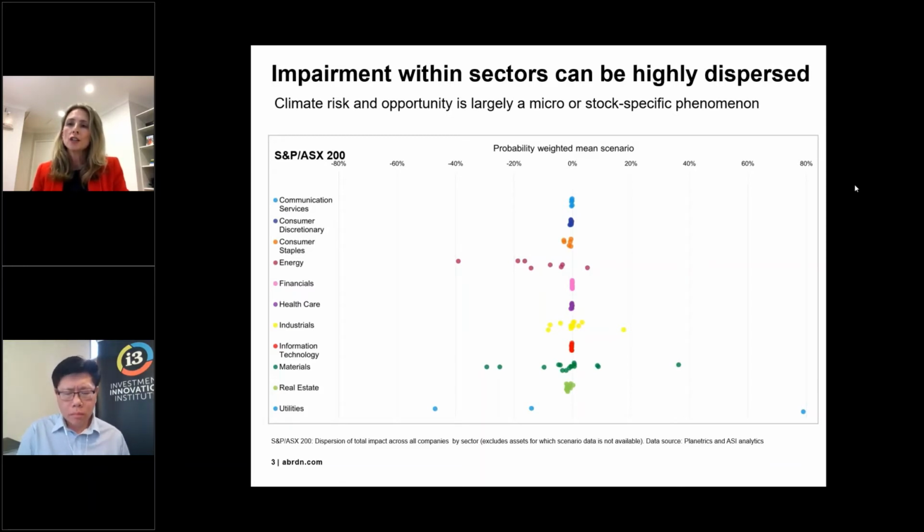So energy is certainly a sector where there is material risk across all realistic and plausible scenarios. And it's the same in the utilities sector, where there are nuances depending on whether you're a fossil fuel generator or a renewables generator. So we need to assess the scenarios, the plausibility of the scenarios, and then what this means at the sector and stock level, and be able to make investment decisions around that.